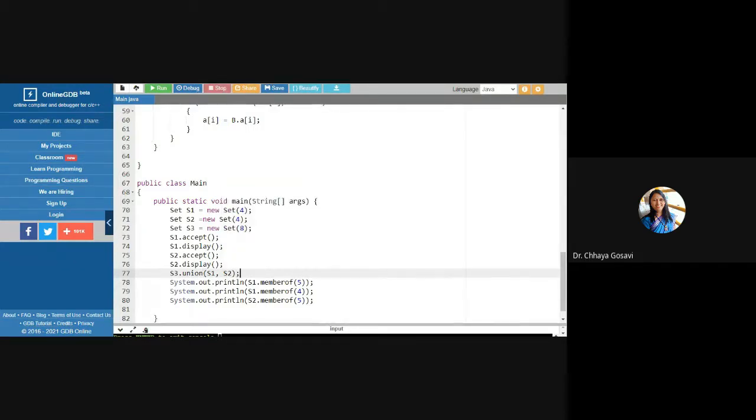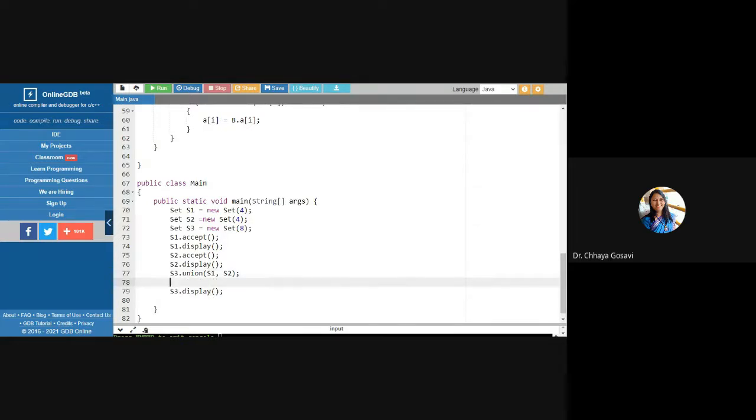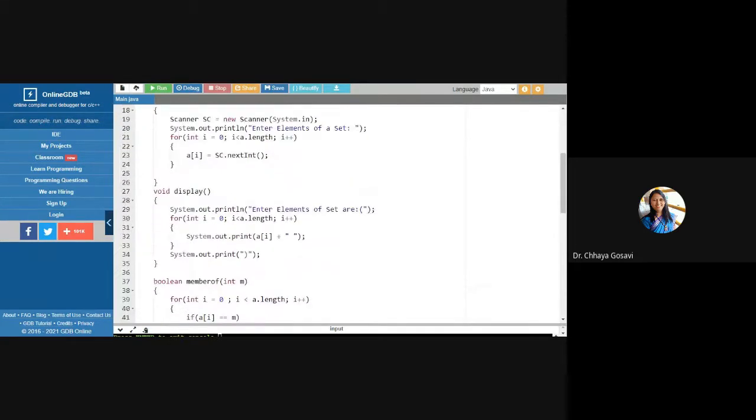And here I want to display, I'll call the display function, S3 dot display result. System.out.println "union is". Let me check the display function again. I have to use print.